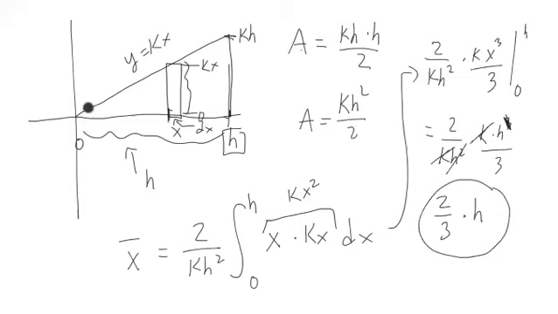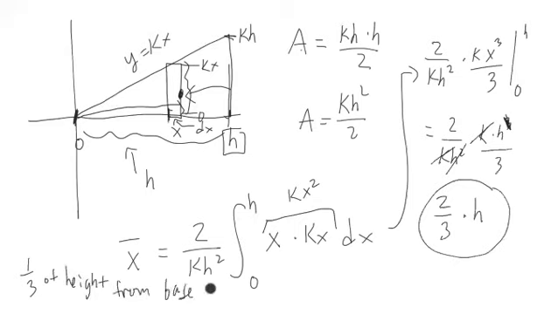Which means that if we go from the peak this way, we're going to be 2/3 from the peak into the shape to get to x bar for any triangle. 2/3 into the shape means it's 1/3 into the triangle from the base. So 1/3 of the height up from the base is the centroid